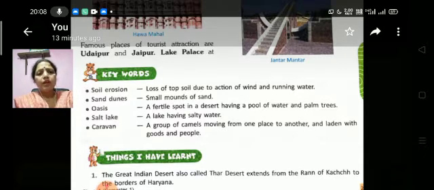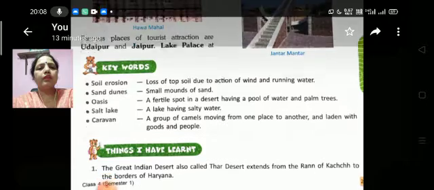What is a salt lake? A lake having salty water. And caravan: a group of camels moving from one place to another and laden with goods and people are called caravans.